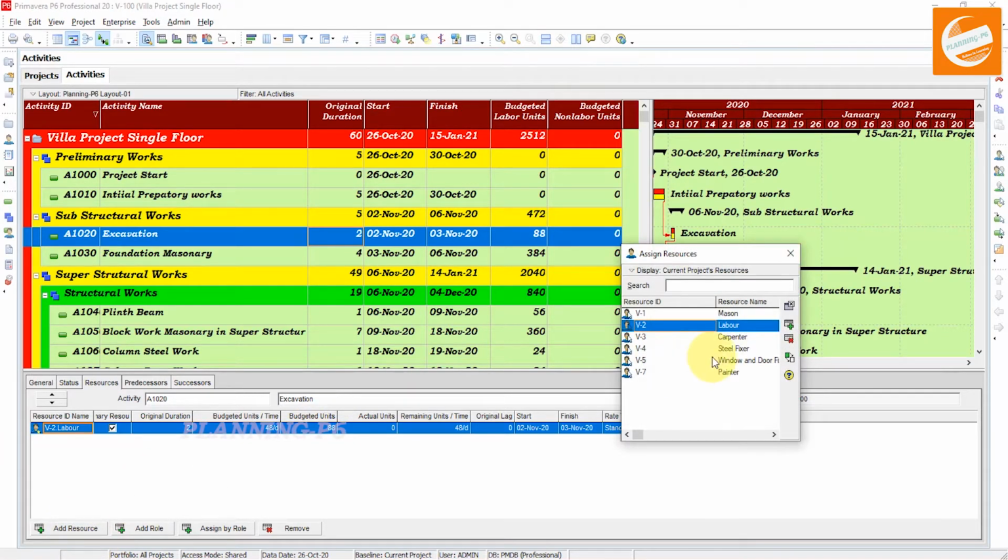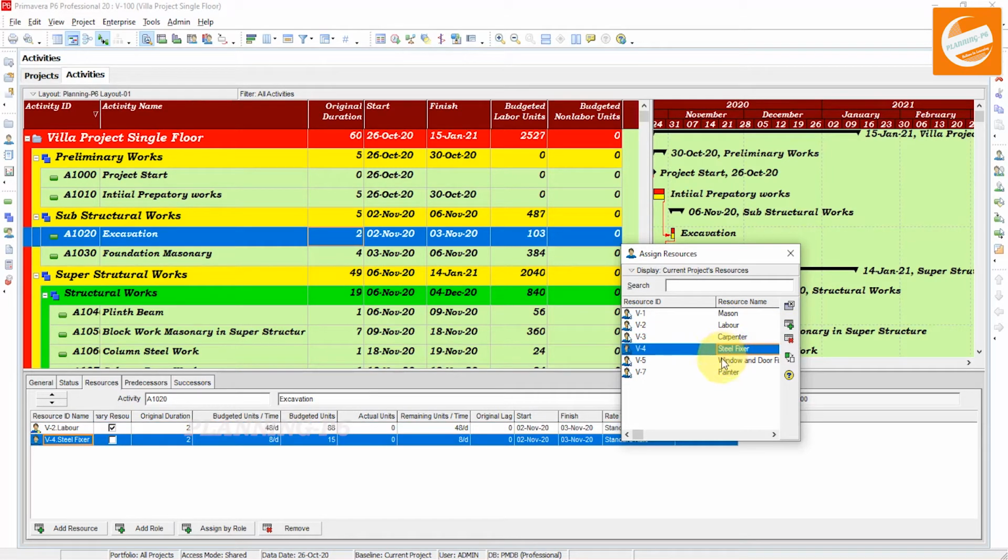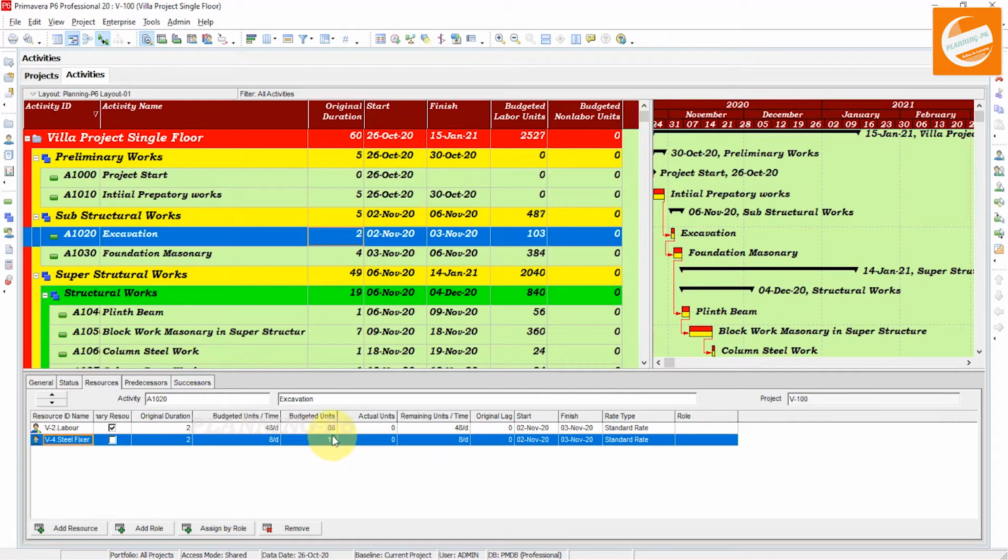If I add another labor resource, say a steel fixer, you can see the setting for the labor resource will remain the same. Cumulative will be changed, but the previous resources' values will remain the same.